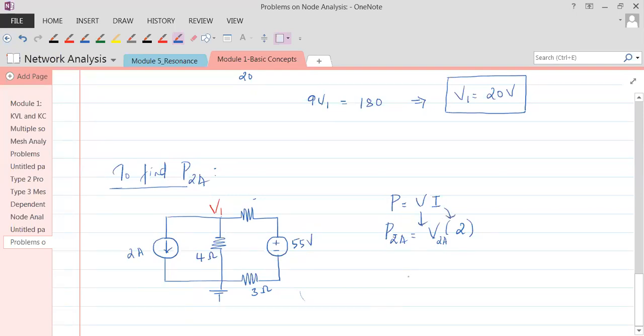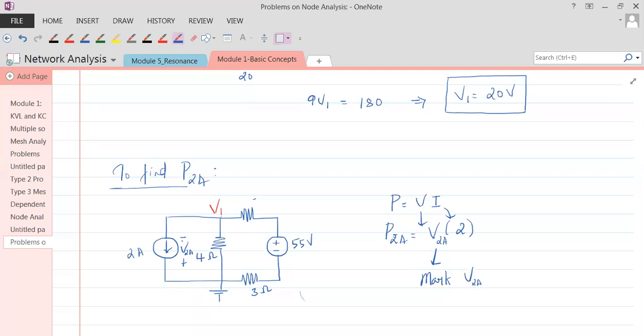Okay, so mark this V2 amps. So how to mark V2 amps? Anybody? It is the voltage across 2 amperes. Okay, the plus sign should be where this arrow is, then the minus sign should be on the other side. That's understood. Now what is V2? Do we know V2 amperes? Anybody?